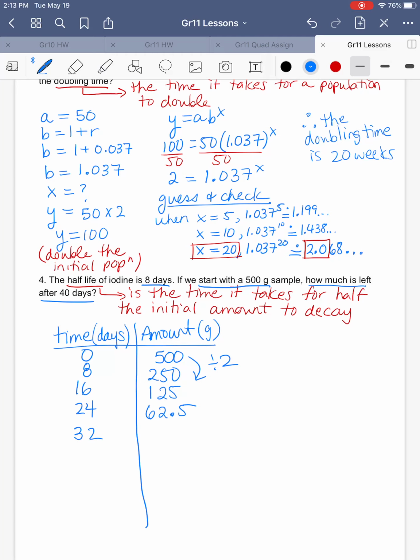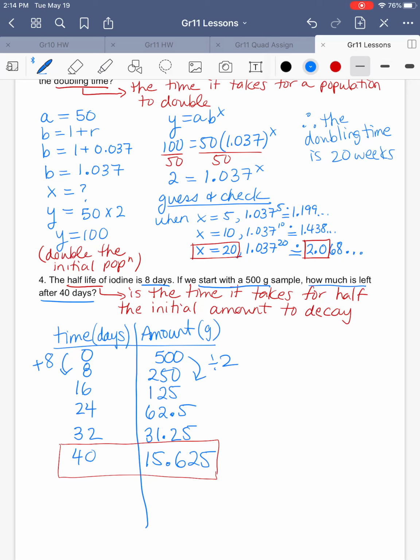After another 8 days, now we're up to 32 days. And I'm going to actually just put a little arrow here that we're adding 8 days each time. So after 32 days, we're going to divide by 2 again, and we're at 31.25 grams. And then after another 8 days, okay, look, we are at 40 days, and we have 15.625 grams. So, here we are. Okay, so after 40 days, we have 15.625 grams left,